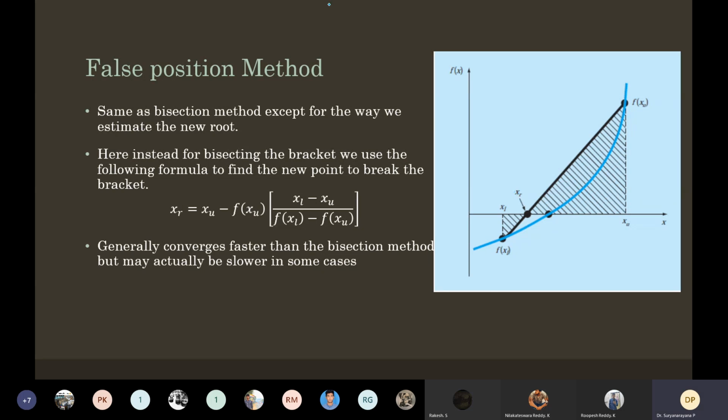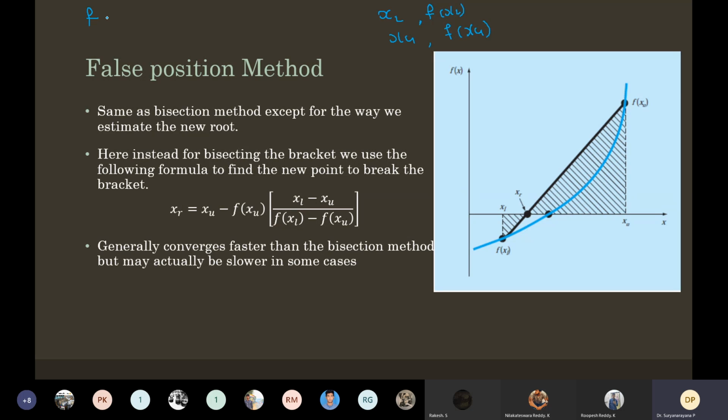Okay. So if you remember, the interpolation formula goes like this. These are the 2 points, XL, F at XL, this is the XY pair, and XU, F at XU. When you want to find a line which goes through these 2 points, you'll write this. If you remember, the equation for a line passing through those 2 points,